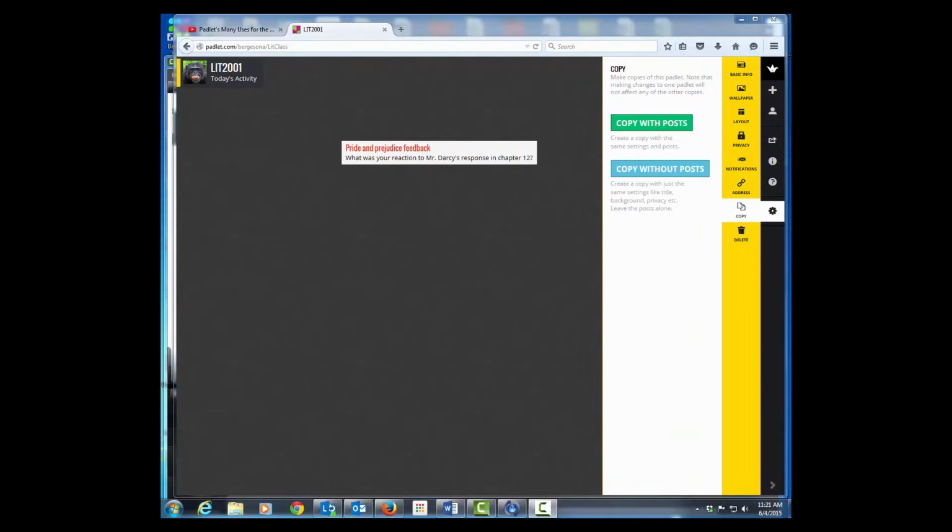And here's what it looks like when a student accesses Padlet.com/BergesonA/litclass. They enter that into their mobile device's web browser, and when they get to that page, they're going to just double tap on the screen, type in a title. So I'll say something like Mr. Darcy, and now I can see what my phone is actually sending to the screen here. And then the comment would be, I was shocked. This is just an example. It's very brief, just for the point of demonstration.